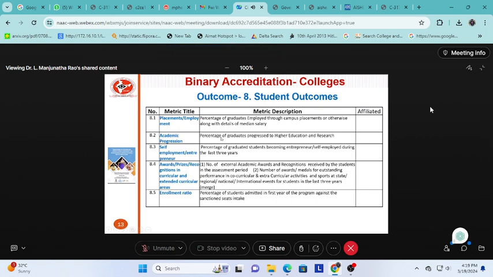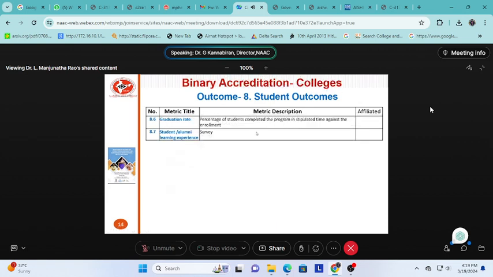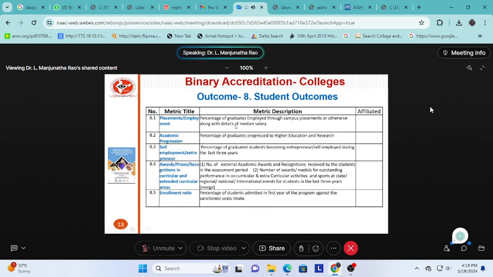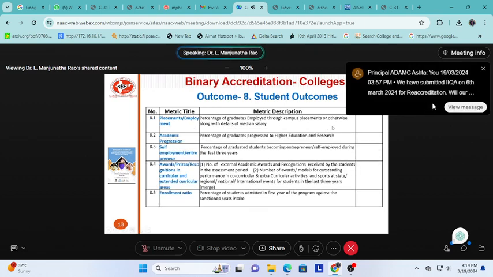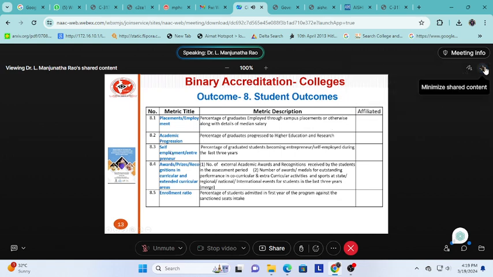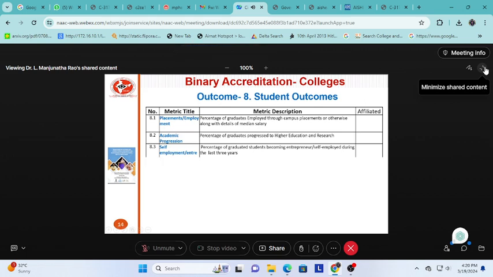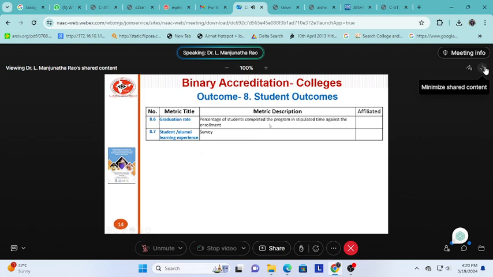Okay, sir. Because it's already explained anyway. Yes, thank you, sir. So outcome-based metrics, placement and employability, already discussed. Academic progression, self-employment, entrepreneurship, awards, prizes and recognition, then enrollment ratio. Student outcomes, the percentage of students who completed the program in the stipulated time against the enrollment. Student survey. This is one of the important features at NAAC. We have the survey